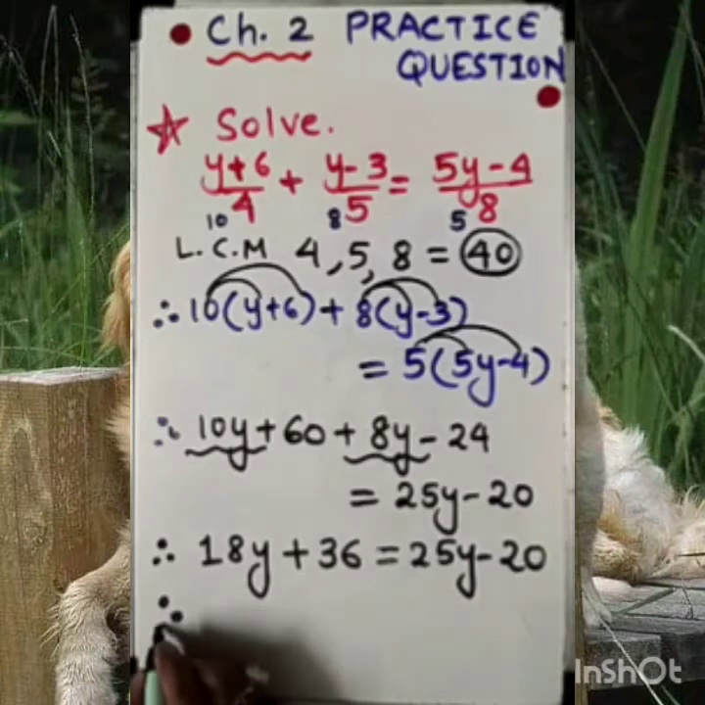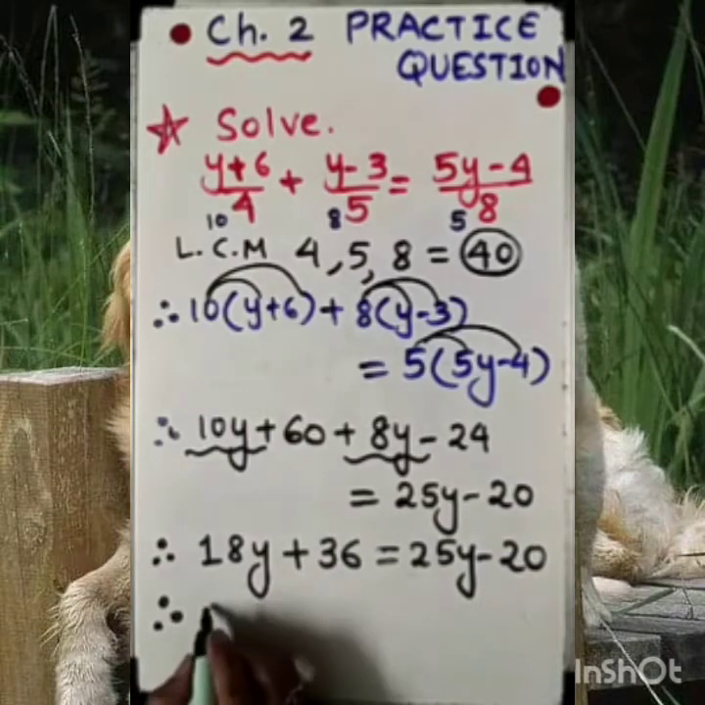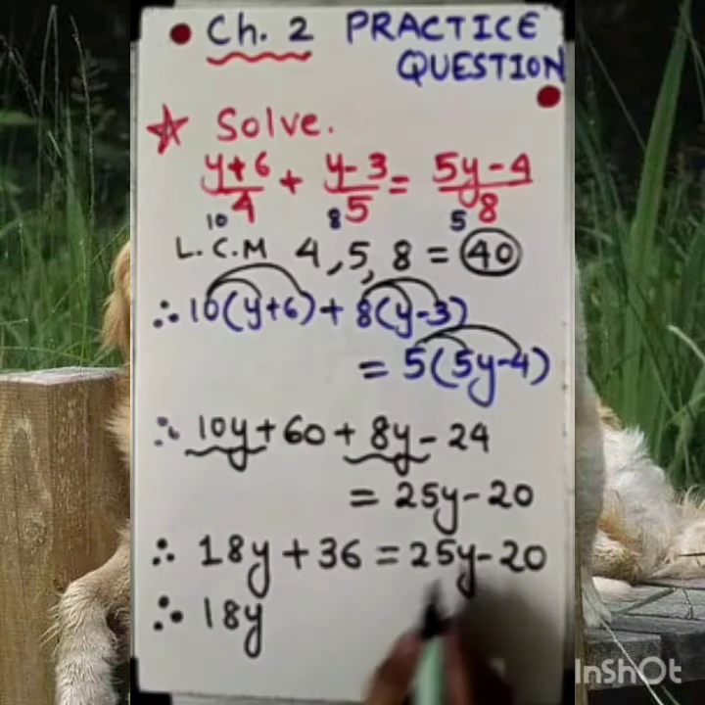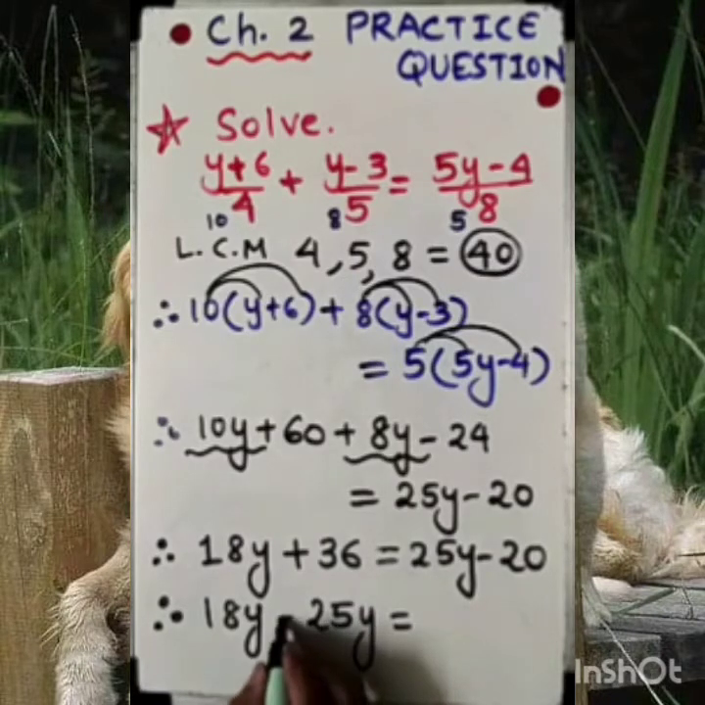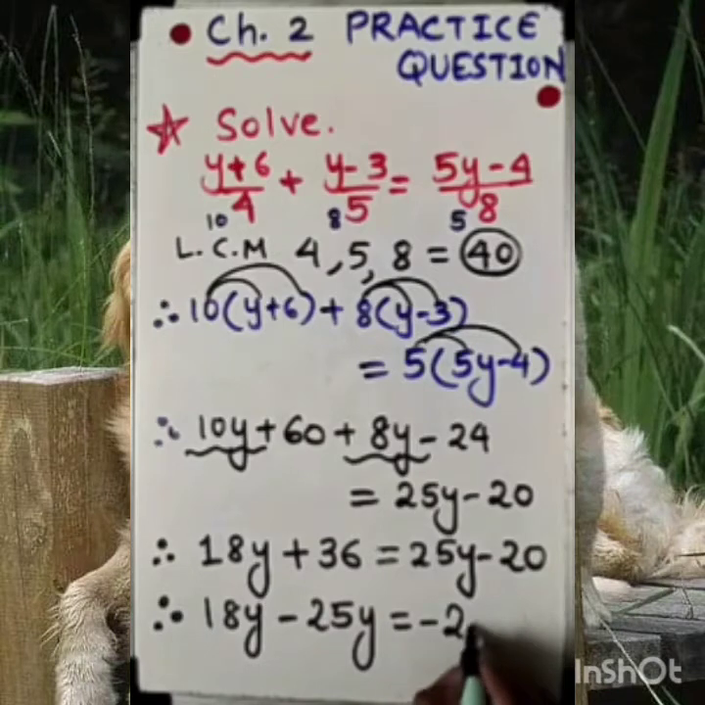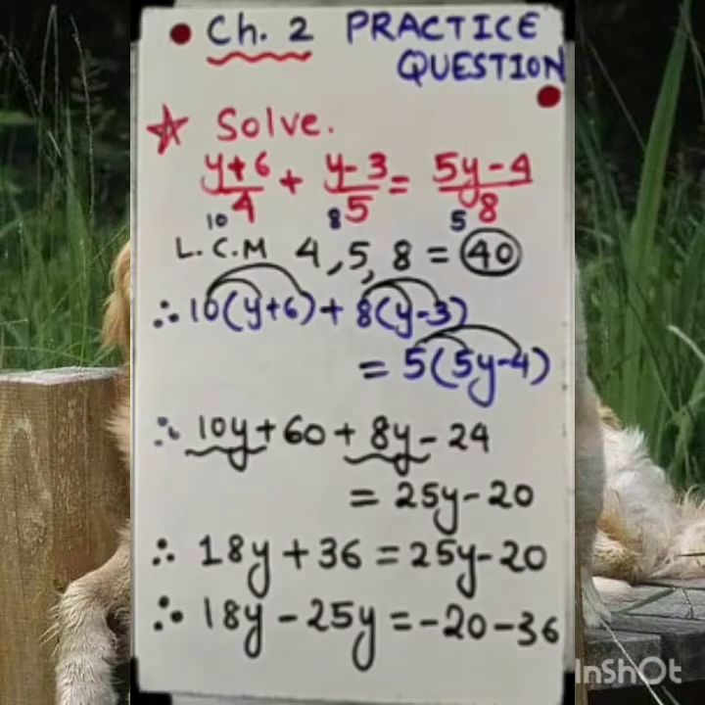Now let's transpose. So 18y is already there. Let me bring this 25y to the left side, so it gives minus 25. Minus 20 is already here. This plus 36 will move to that side as minus 36. So my dear student, immediately after that, the next step will be